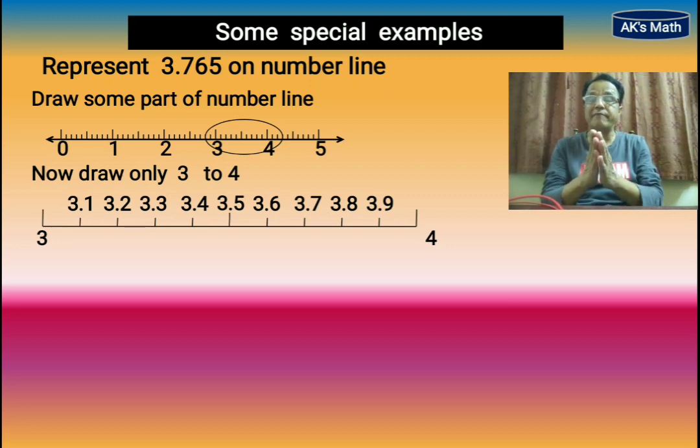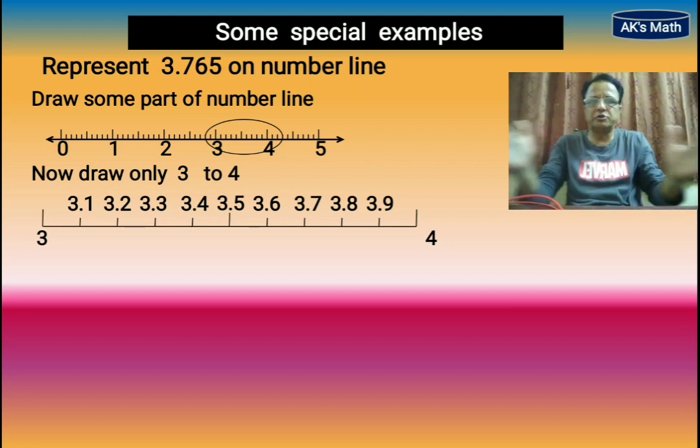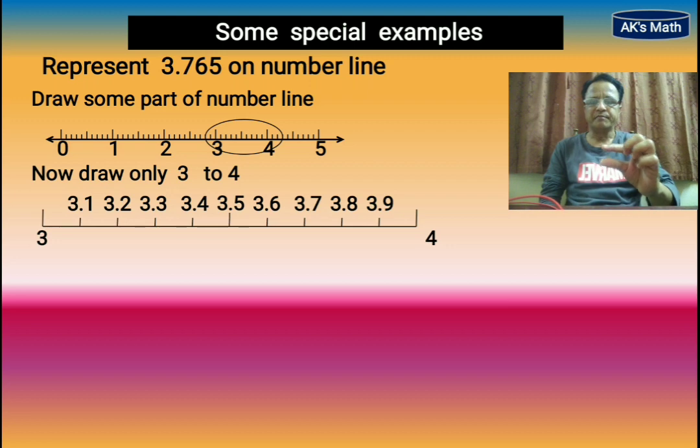Means we have to magnify it. हमको उसको बड़ा करने का है. वो जो 3 to 4 का पार्ट है उसको हमने बड़ा जूम कर दिया. जैसे हम मोबाइल फोन पे एक आधी इमेज जो रहती है हमारी, वो जैसे हम जूम करते तो उसकी जो क्लियरिटी है वो क्लियरिटी और बढ़ जाती. So look at this one now, 3 to 4. Now think about our number 3.765.